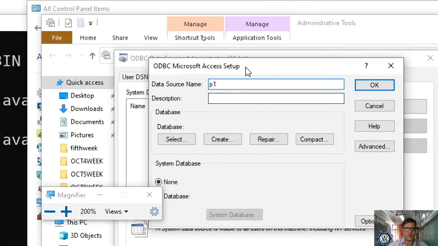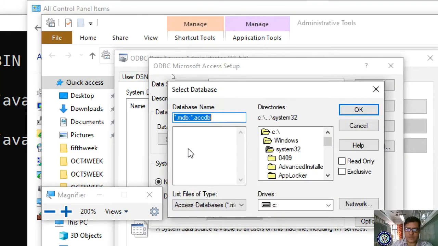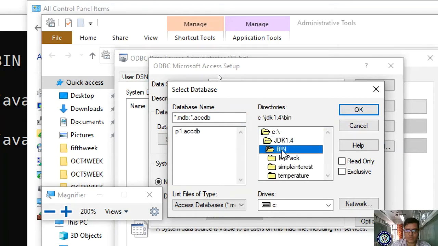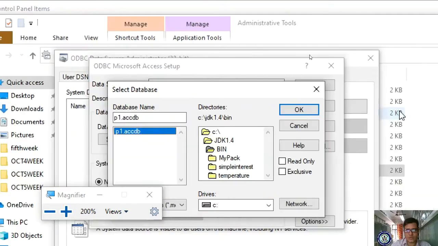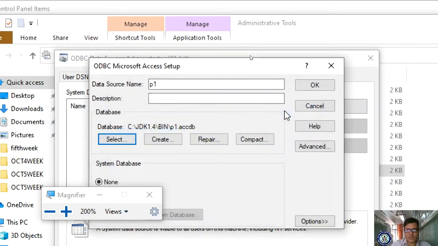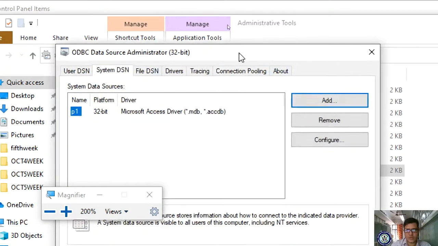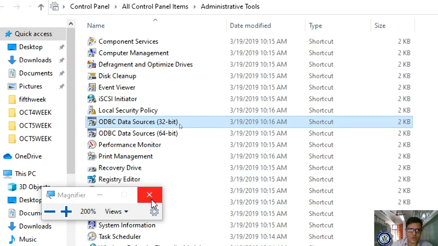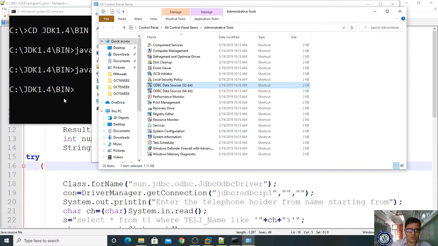It is already provided in your code, right? Then select your database. Where does your database exist? In your C drive, JDK 1.4 bin, your p1.accdb is there. Select your database, click OK, and OK again. Now we have to move to our command prompt.